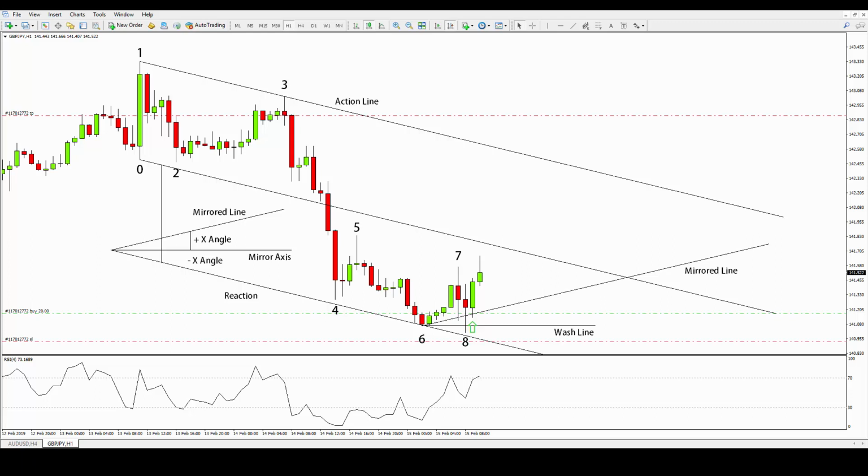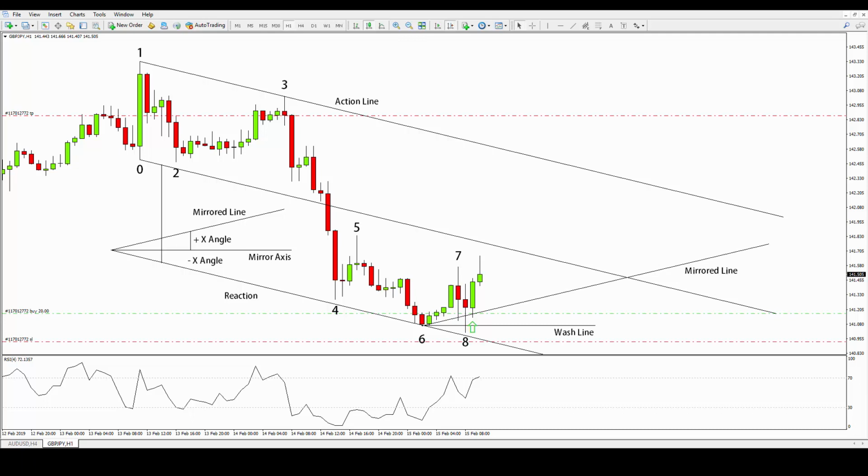Following the exact same angle found by the mirror line, I duplicate the line and placed it in the absolute low number 6, which seems to be the end point of this movement. Observe carefully how price interacts with the mirrored line that comes out of number 6. Even the candle number 8, which is the supposed manipulation, seems to respect the mirrored line. From that point I opened a long position in the third test of the mirrored line in the candle right